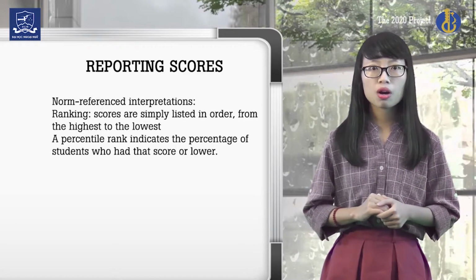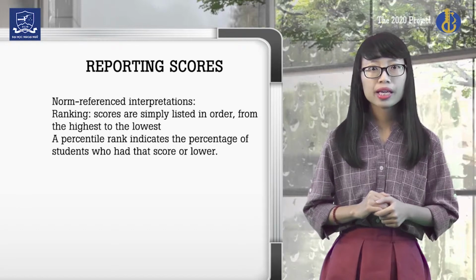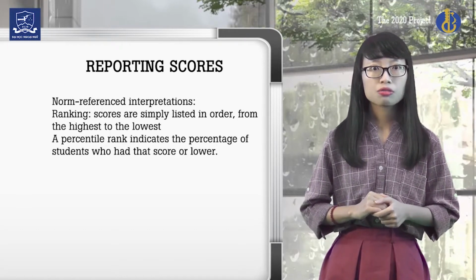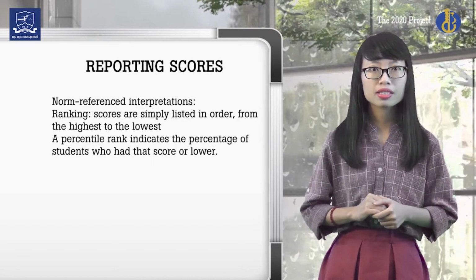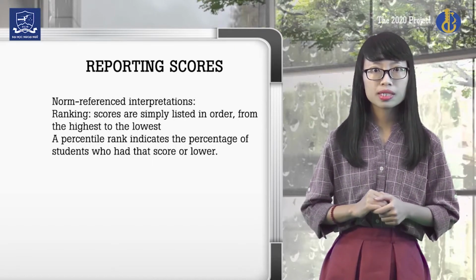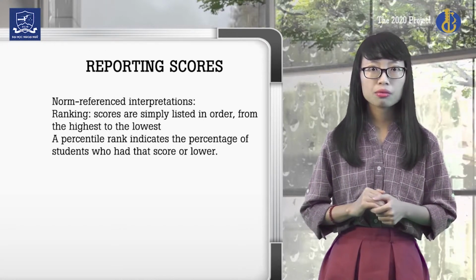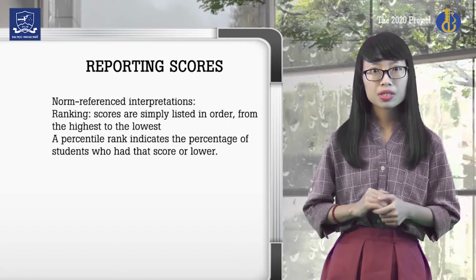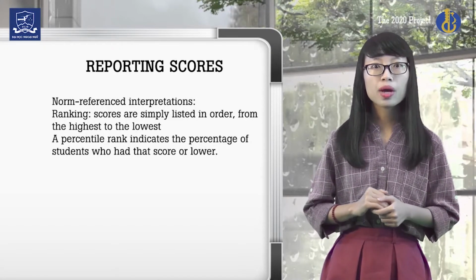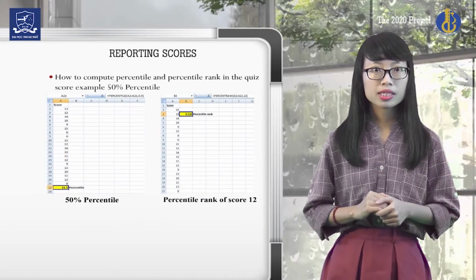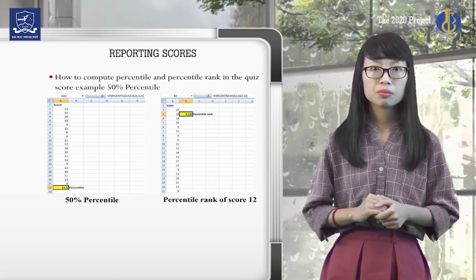If you follow the norm-reference approach, you can rank your students by the scores in a class test from the lowest to the highest, and then report their position. The second way is to report the percentile rank, that is, the percentage of students who had that score or lower. If you work with Excel, you can get the percentile rank by using the function PERCENTRANK, as you can see